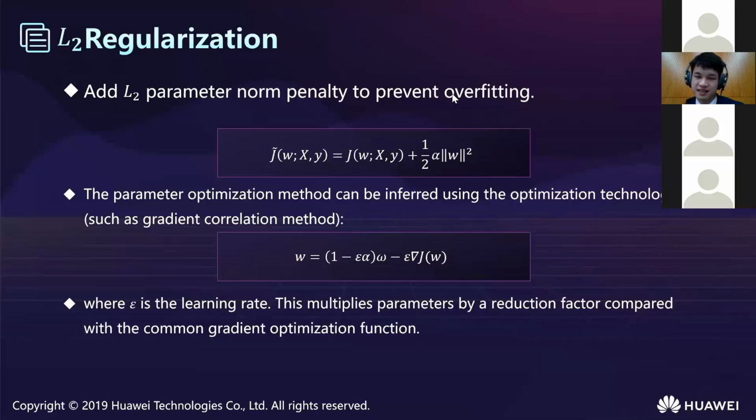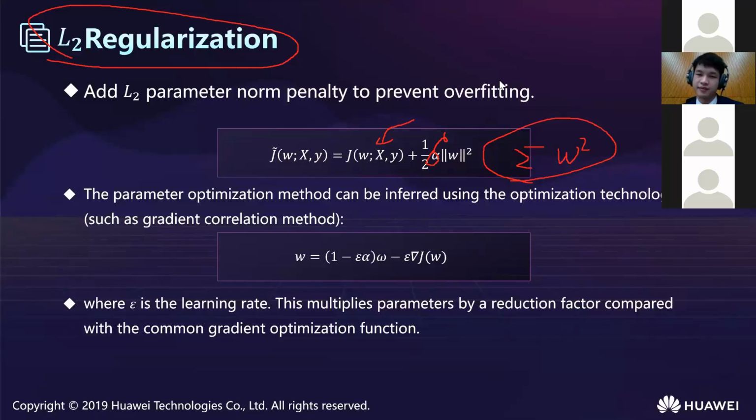That means we use the weight to the power of 2 and add all of the weights to the loss function. And alpha is a hyperparameter we need to set. That means how important the penalty is. Okay, that is called the L2